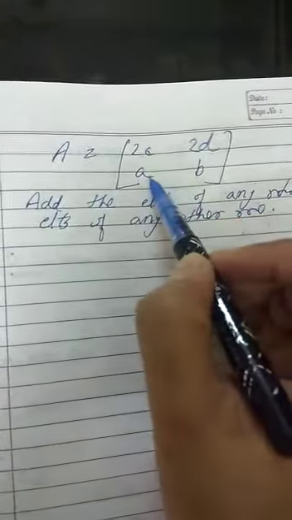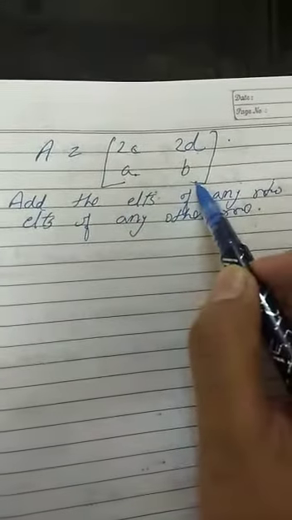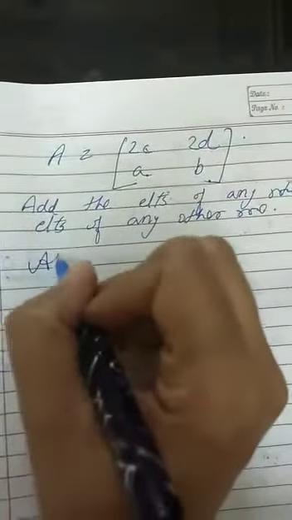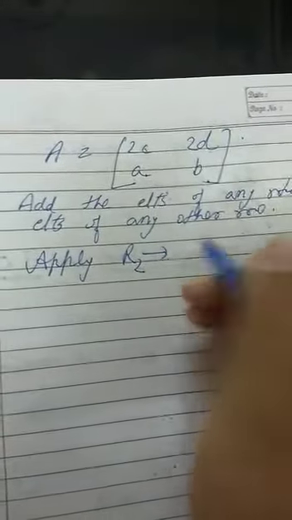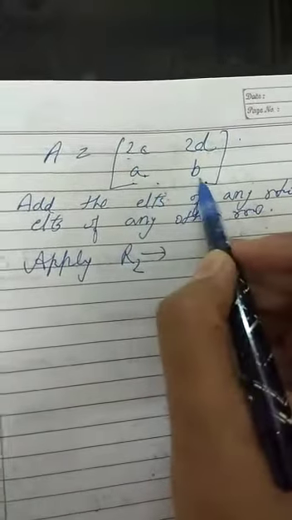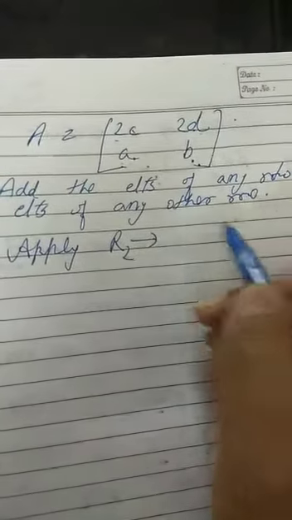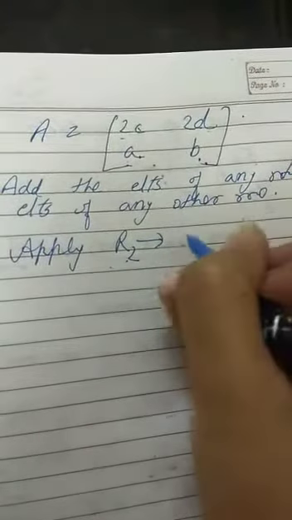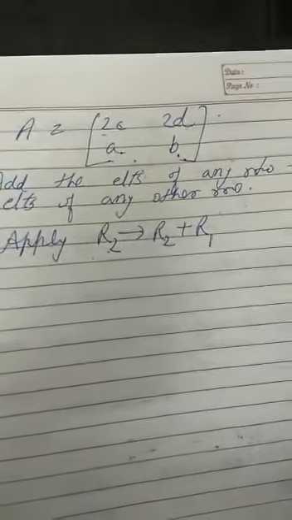It means if I want to add here r1 and r2, now definitely these will be added in either one row. It can be added in r1 or this thing can be done in r2. So if I write down here apply, I want to make the change in r2 now, right? I want to add the elements of r1 in the elements of r2. Remember, when we do the addition, the corresponding elements will get added. So I will write down r2. What is the operation? In r2 I am adding the elements of r1.